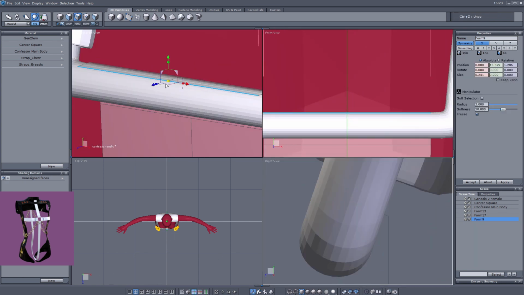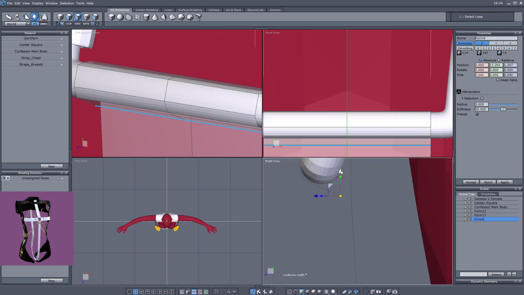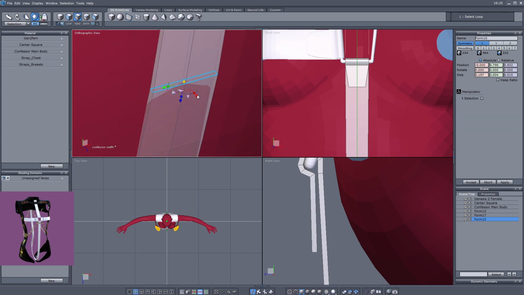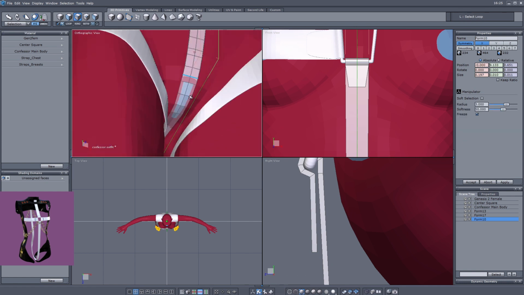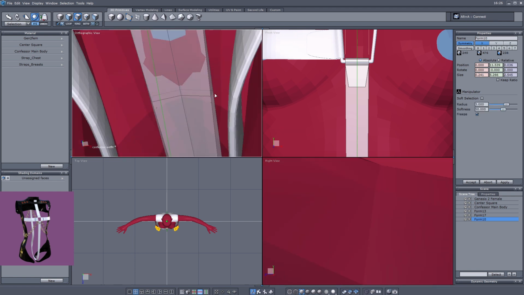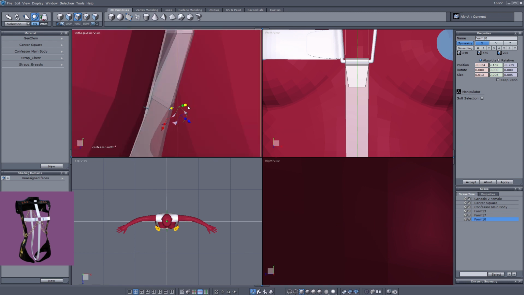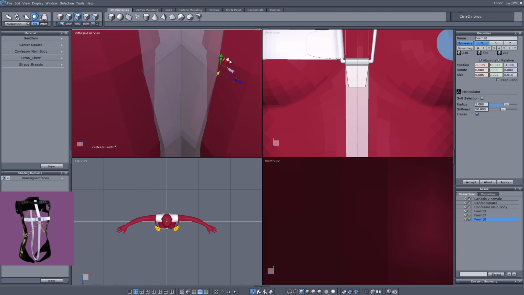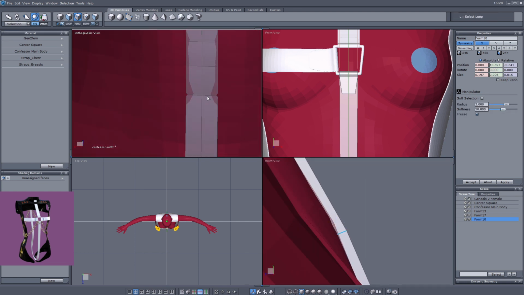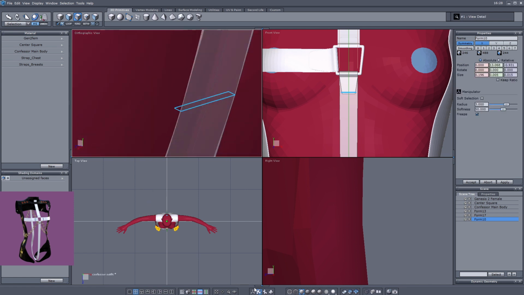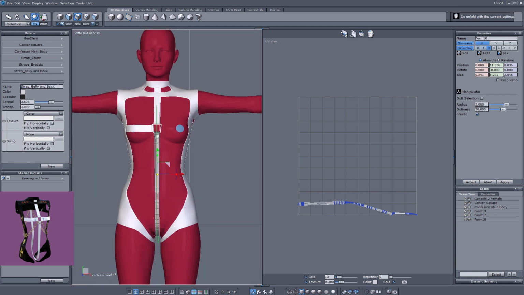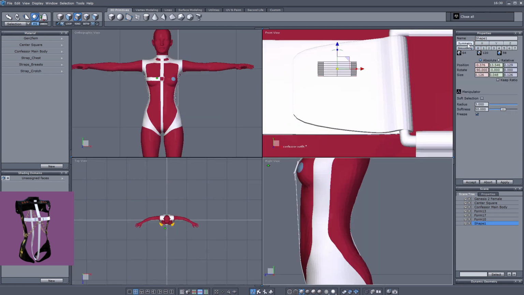And yeah, on this part, what I planned from the beginning was to actually give it a bit more detail. The original is very, very flat. It has like 2 buttons, I think, on the chest somewhere, and then it's basically just 2 big flat pieces that are more or less latex, I think, or they have a latex texture, and I wanted to give this a bit more detail. So after I was finished with all the straps right here, in this case I decided